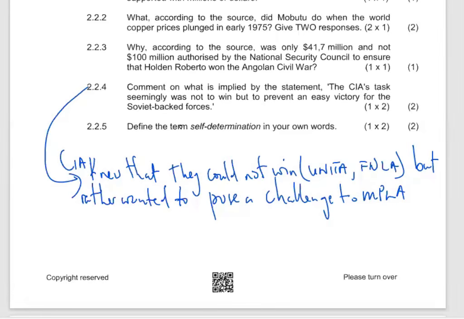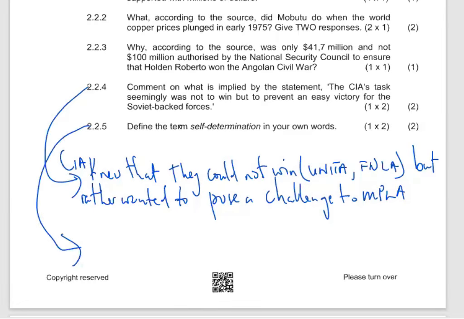If it was an easy goal for MPLA, it meant that in future they were going to ignore those movements because they would definitely know that they are powerless and cannot do anything. So the CIA was supporting those two movements as a way of showing some form of challenge to the MPLA, such that they would recognize their presence as part of the revolutionary movement of Angola. That might be one of the responses, but not all. You can also highlight some of the relevant responses to that.